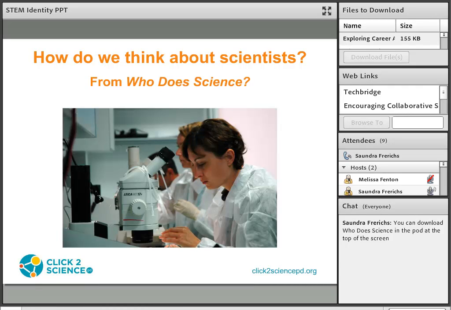And the research started with something you may have heard of before, the Draw a Scientist test, which was first used to gain insight in how children perceive scientists in the 1970s. In that first study involving 5,000 children, only 28 of the children in the study drew female scientists. And a lot of effort has been made to help children develop a more realistic view of scientists since then. And recent studies indicate that progress has been made. In 2010, about 40% of the children who participated in a Draw a Scientist research project portrayed female scientists.